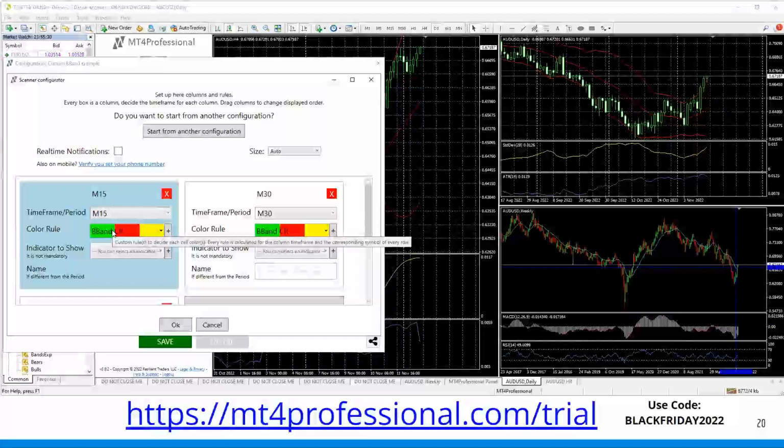Each time frame, it's going to be looking at the exact same thing. I might or might not want that, but I'm just showing you that it's being set up that way. Now, I don't need to see it set up on the 15, 30, and 60 all at the same time, but it's showing you which one is currently in the overbought or oversold condition.